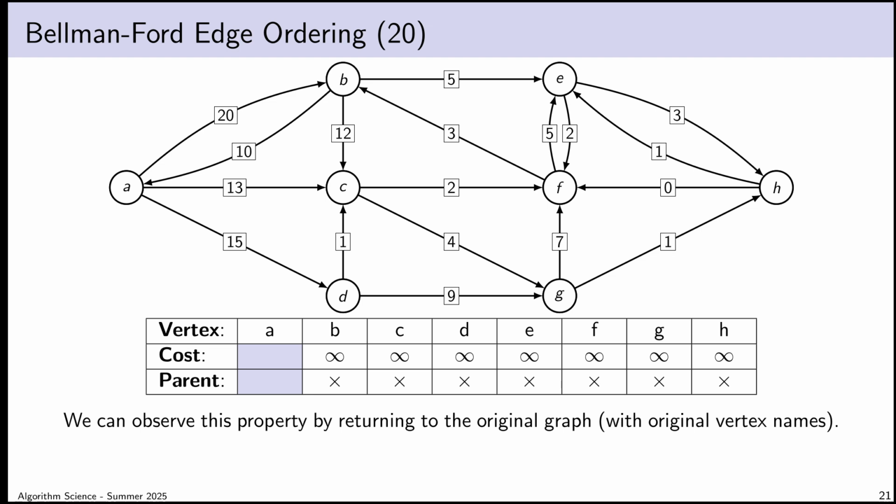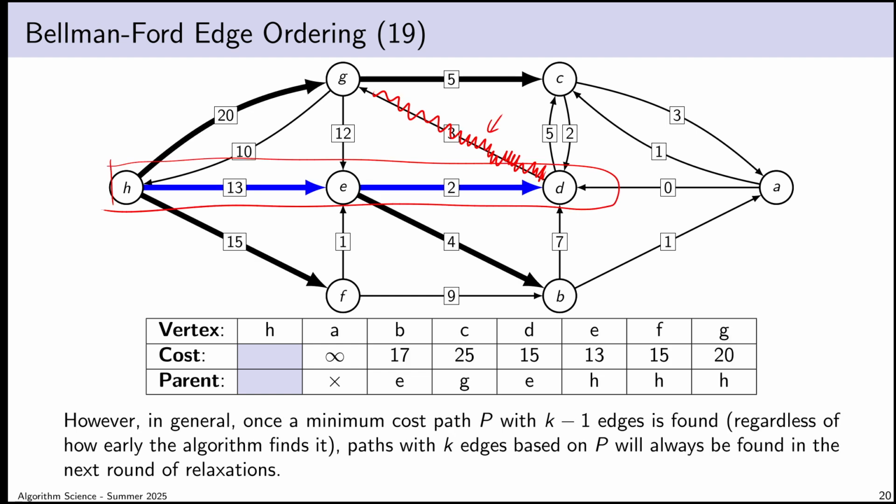Okay, so let's go back to our original labeling of the graph. So the same graph again, but back to our labeling where this thing is now vertex A again. Let's investigate why, if I do 1 round of edge relaxations, everything seems to pan out perfectly in that single round. And as I said a minute ago, my hope here is to figure out that the edge relaxation in rounds strategy isn't really necessary to achieve the effect that I want here. It's not that I have to iterate over all edges to find the path HEDG once I've found the path HED. It's just that I have to hit this one edge. This one relaxation will be sufficient to get me to what I want.